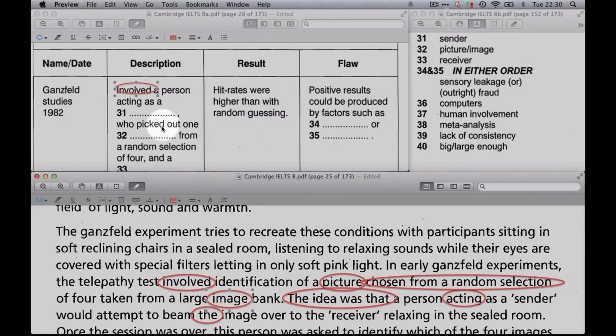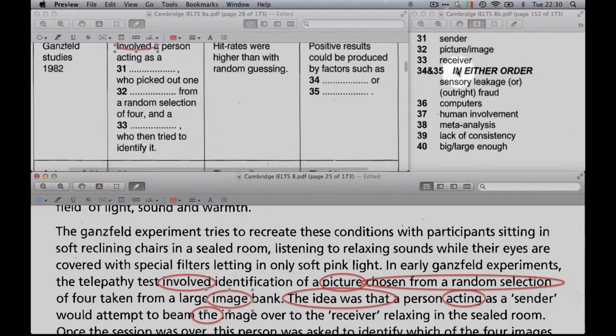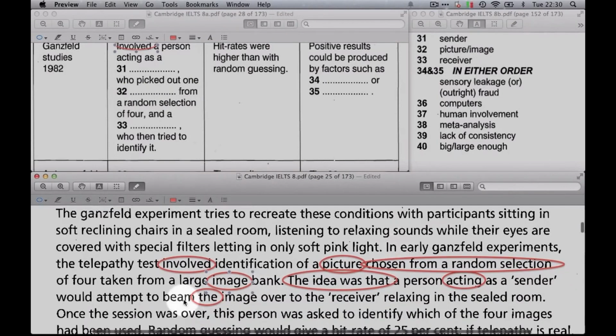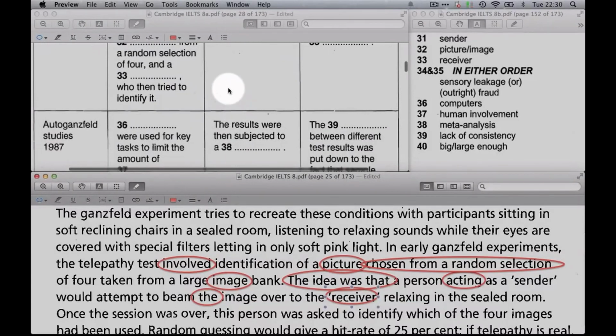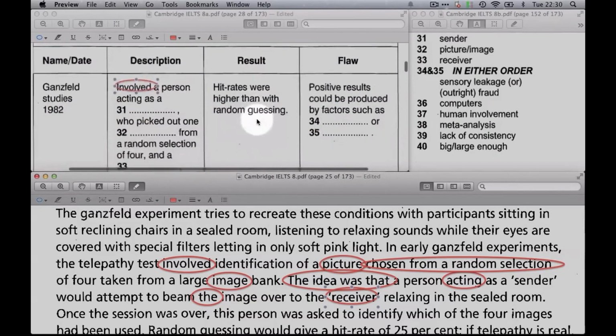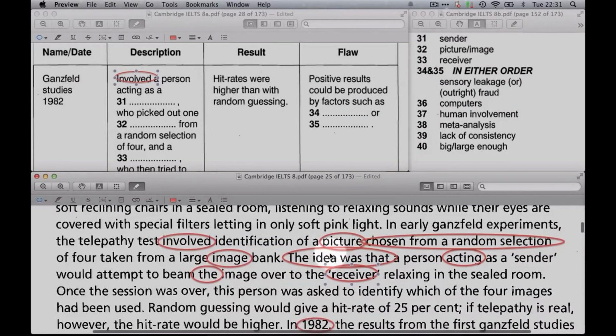33, and a receiver who tried to identify it, so beam the image over to the receiver. So we've got this word receiver, yeah. Okay, then that's 33, then 34. Possible results could be produced by factors such as, okay, so in either order, sensory leakage or fraud. Okay, so